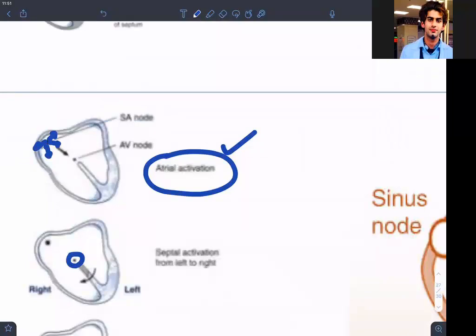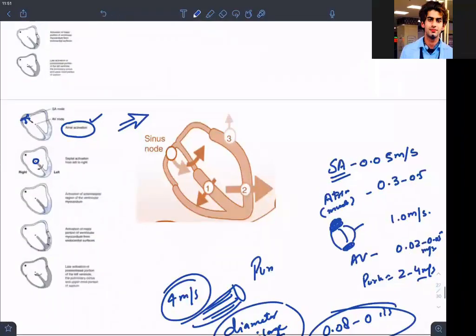Now after that AV nodal delay, what is the pattern of current flowing? We will be making some vectors. Do you remember the vectors, some arrows to understand things? The vectors I will be making: he has drawn this SA node and at the same time he is depolarizing them. He has depolarized this region, isn't it? Atrial depolarization happened. Now you went to the AV node. You are in the AV node, guys. From this AV node, what is the pattern now?